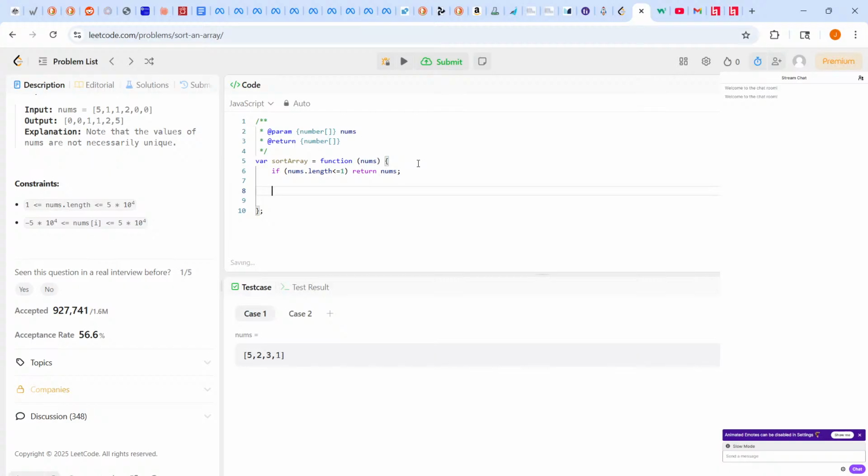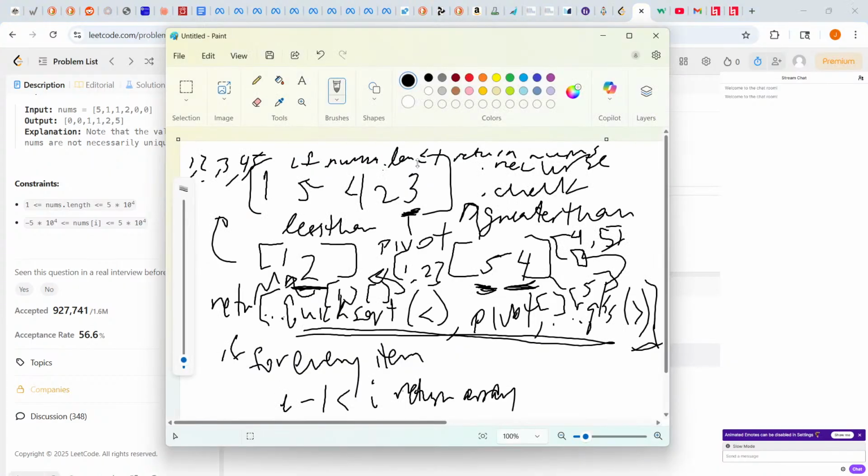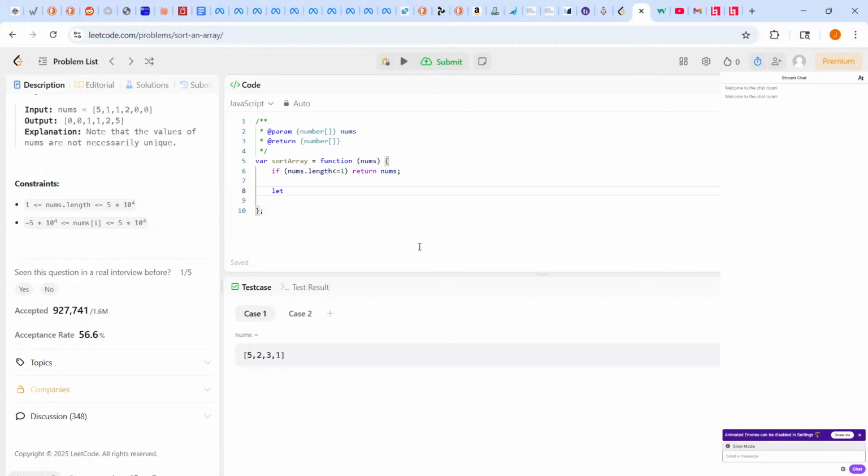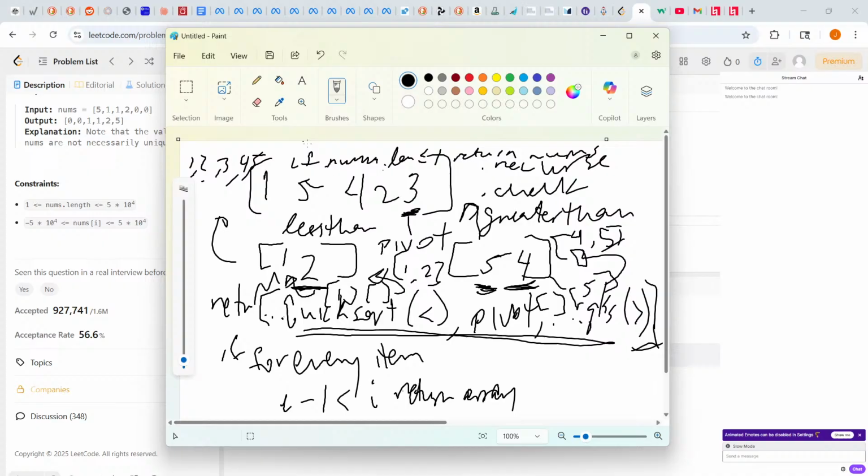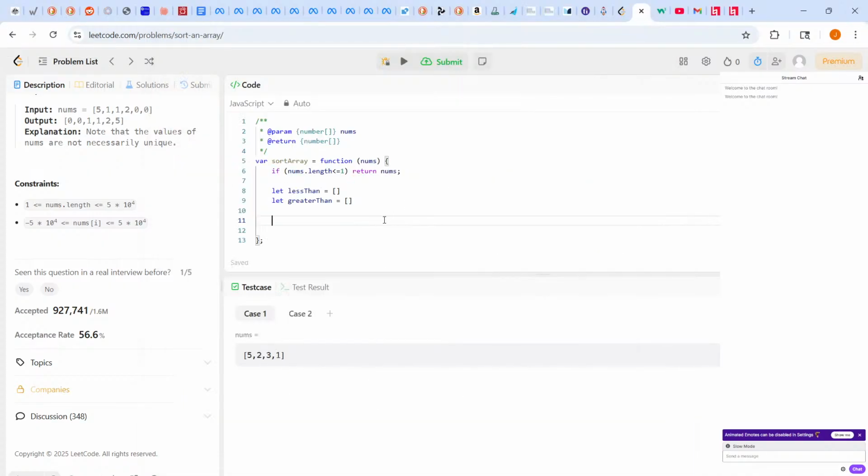Then we're going to let, what do we call it? We'll let less, or less than, equal this empty array. We're going to let greater than also equal an empty array. We're going to let pivot be the last item, which is, oh,